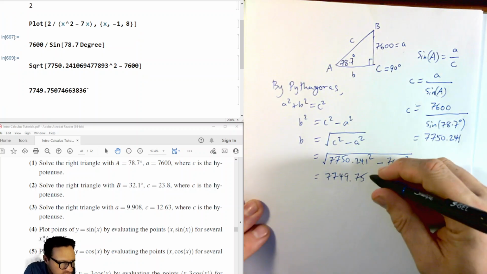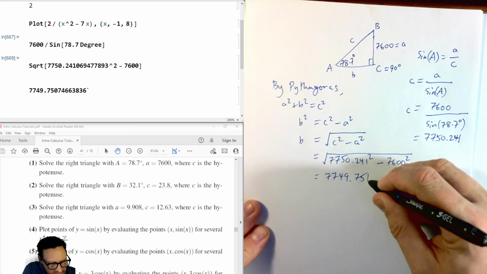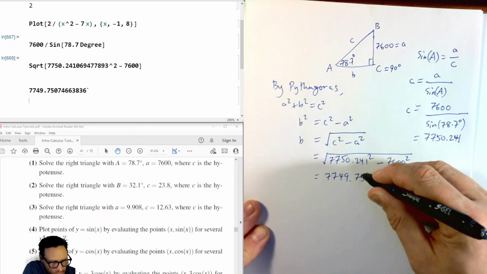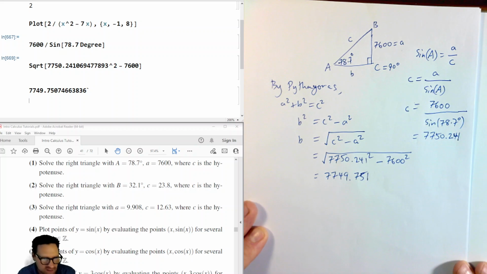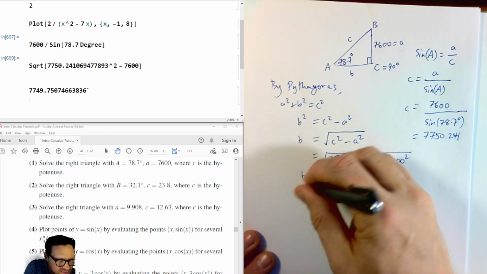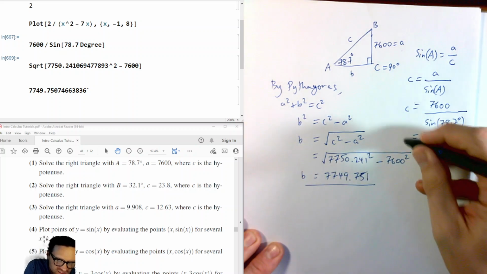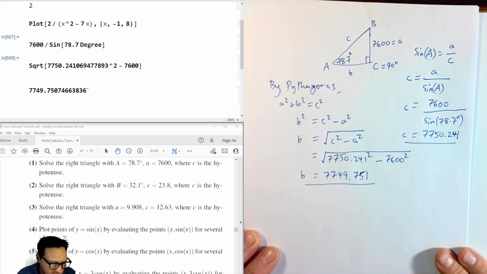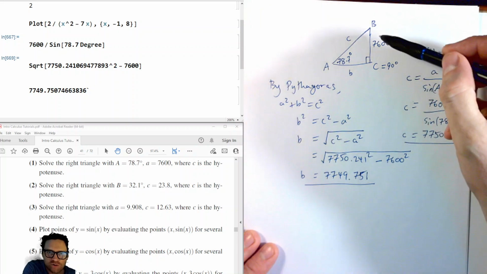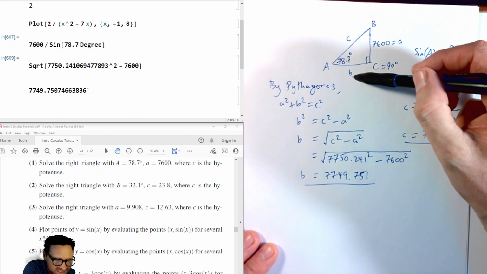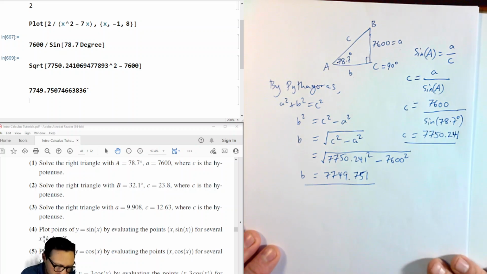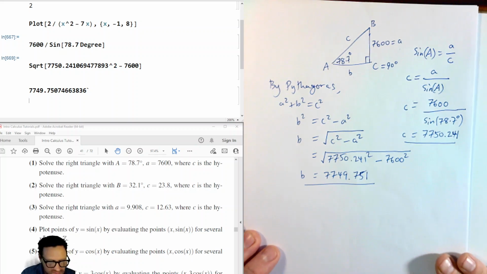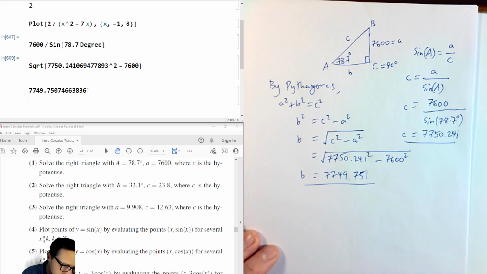If I round that fourth decimal place up, I get a 1 in the third decimal place. All right, so this is our b. We found c as well. And so the last thing missing is the angle B, opposite side length b. And so for this, I can use sine, cos, or tan. So let's go ahead and use